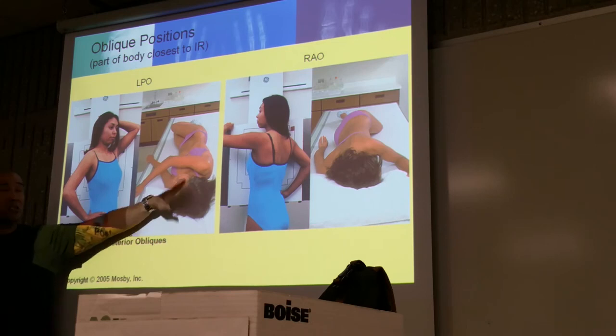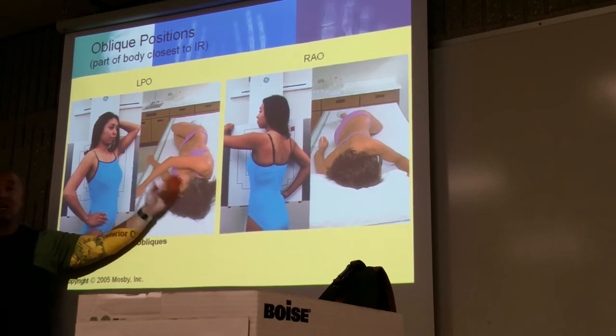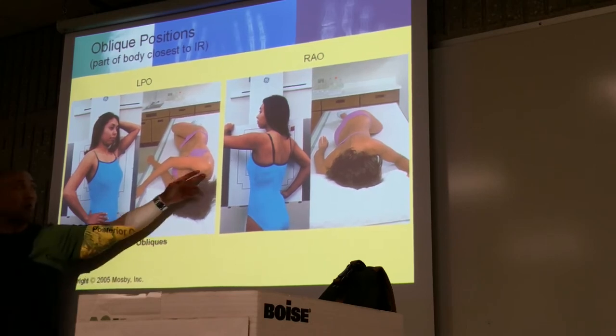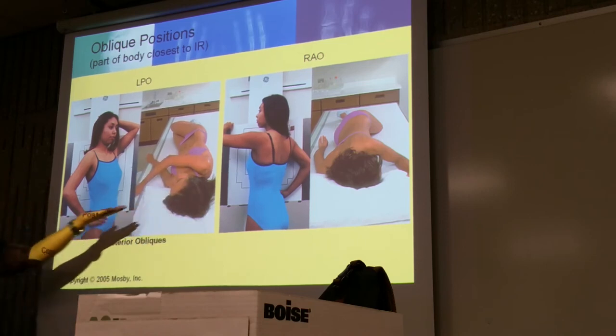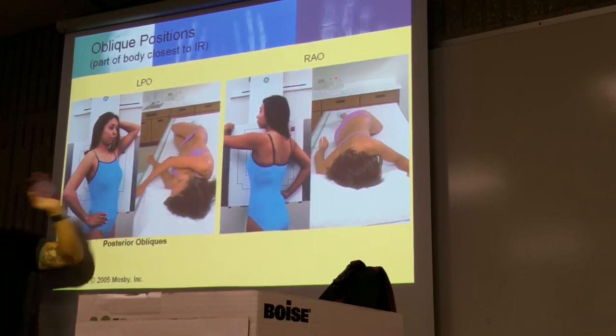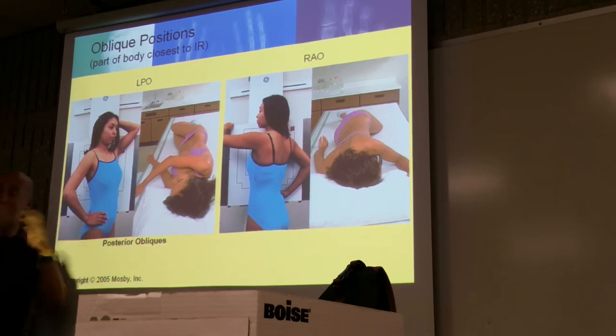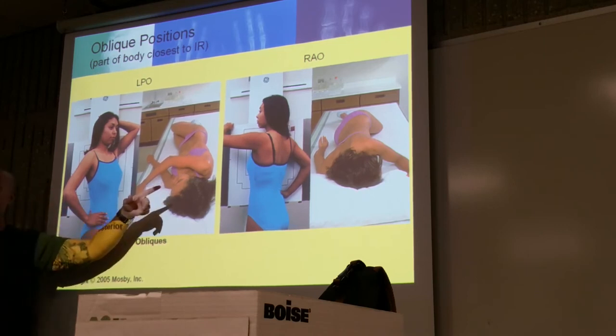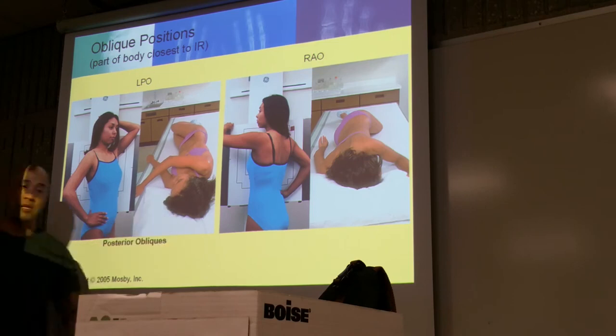Here's another one. She's in an oblique position with her left side closest to the image receptor. The right side is furthest away from the image receptor. So again, it is qualified by what side is closest to the image receptor, the left or the right. So now this is the